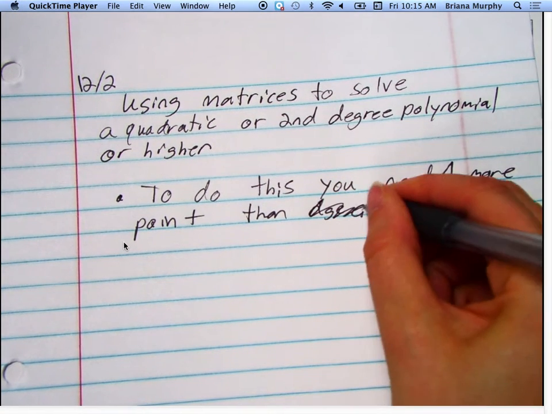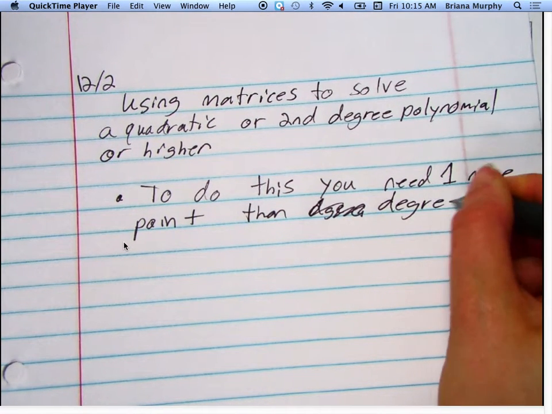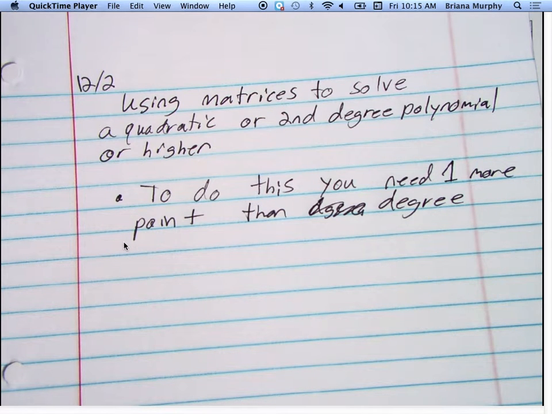Okay, so what that means is, for example,